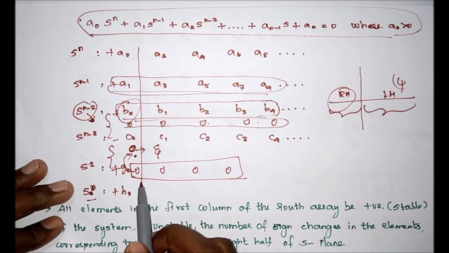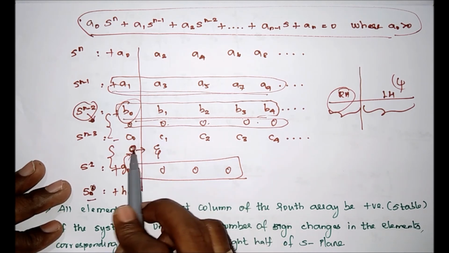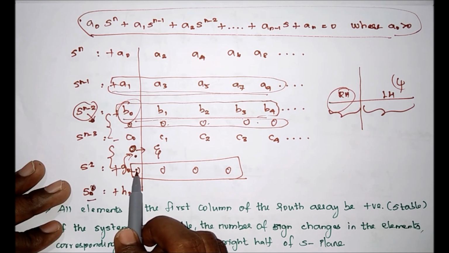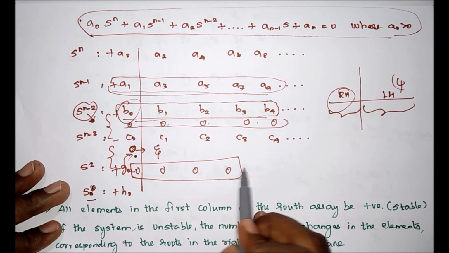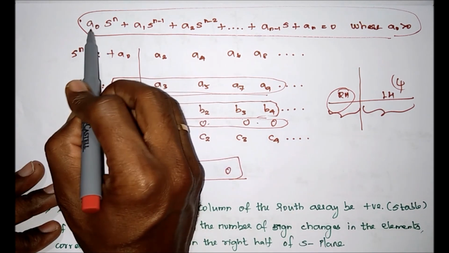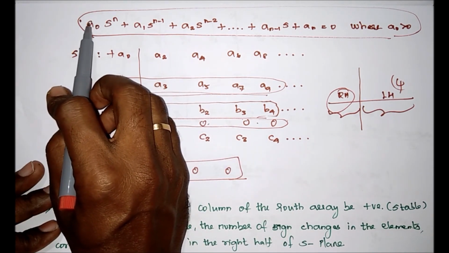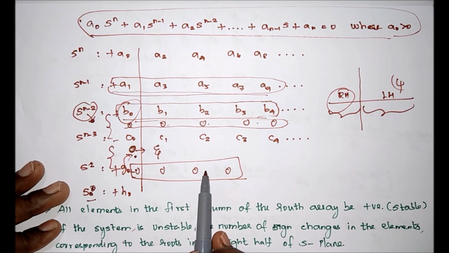As I told you, suppose one element in a row contains 0, and further after completing the procedure, in the next step all row values are 0. Then we take its previous auxiliary polynomial equation. We take the characteristic equation and divide it by the auxiliary polynomial equation to eliminate the imaginary roots. So we get the quotient, and that quotient gives the roots which are lying on the left hand side of the S plane.